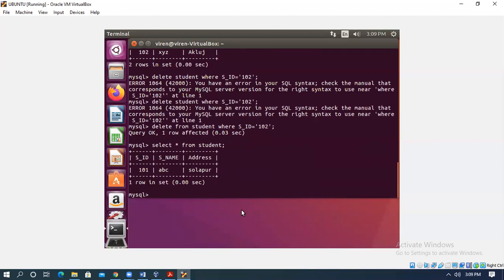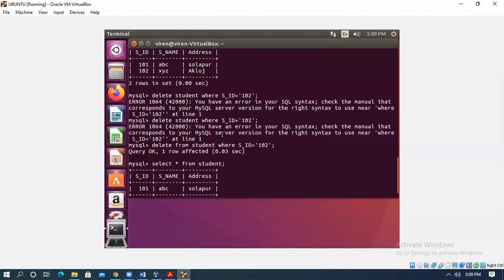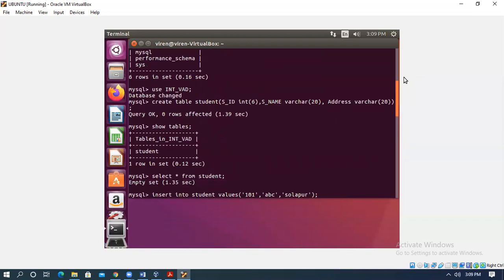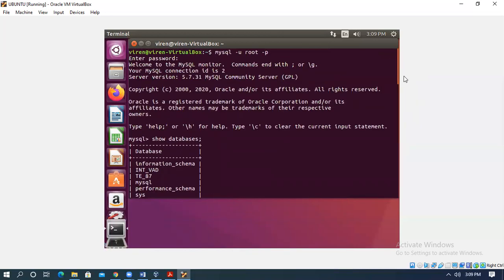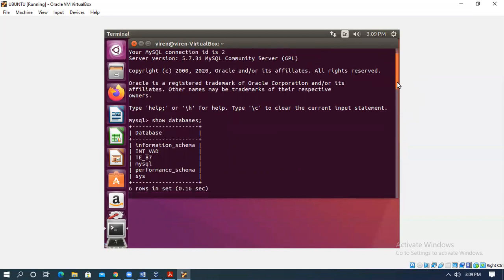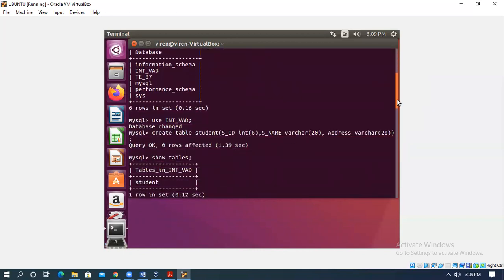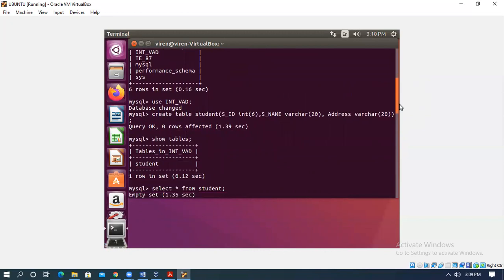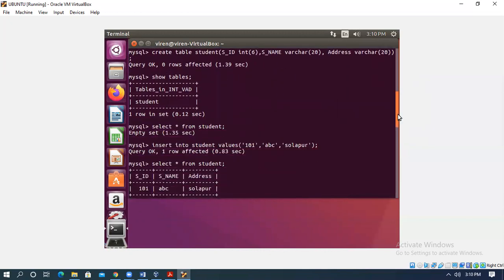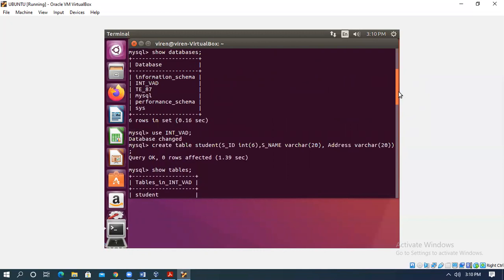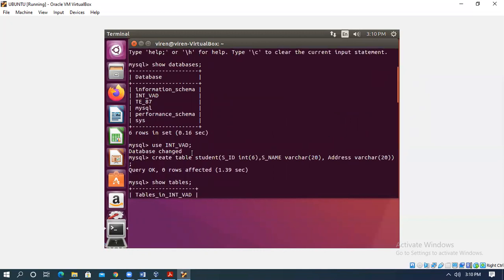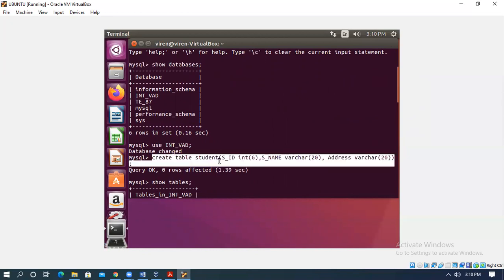That's it. This is how we have executed the DML second experiment, DML commands, data manipulation language. For that, one more command we have used, that is the DDL command, create. So we created one table inside the database, and for that we have to use the command use and database name, then create table, name of the table and all three attributes, because we have taken three.